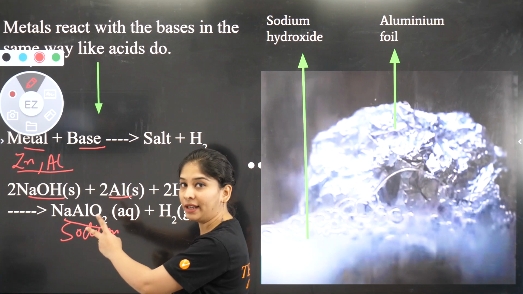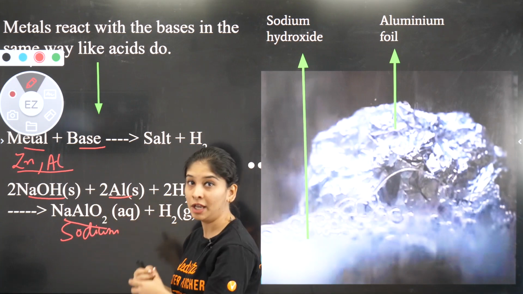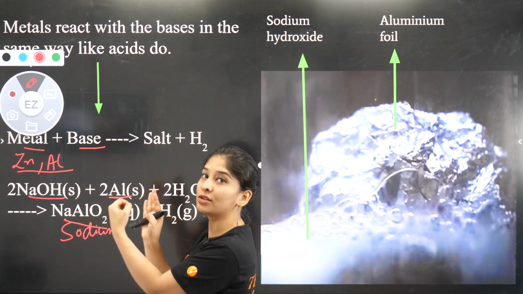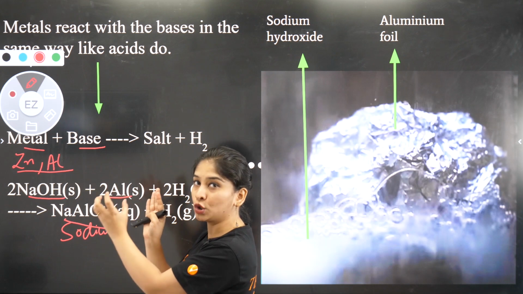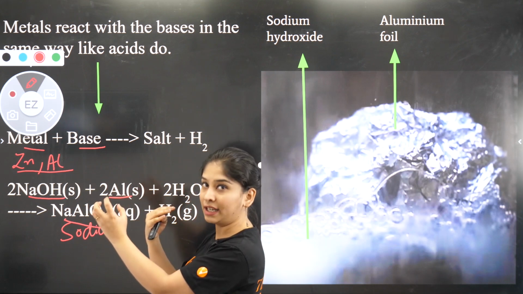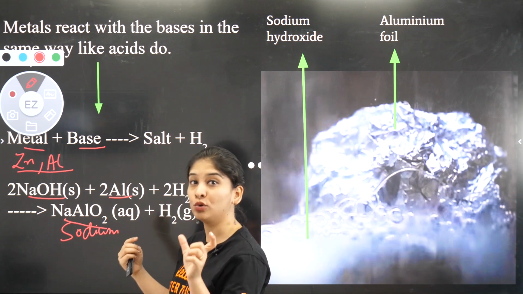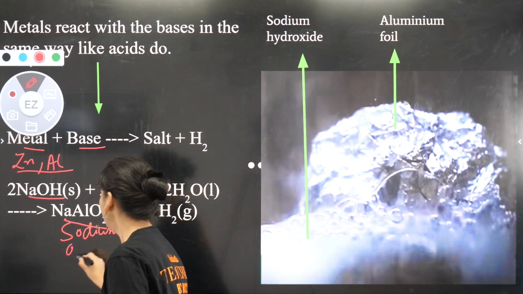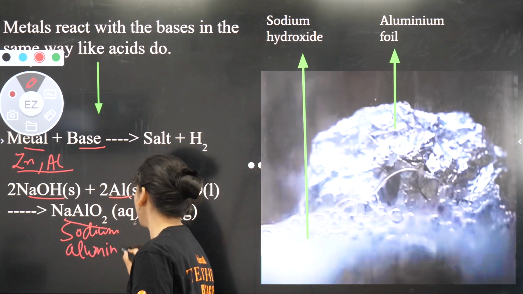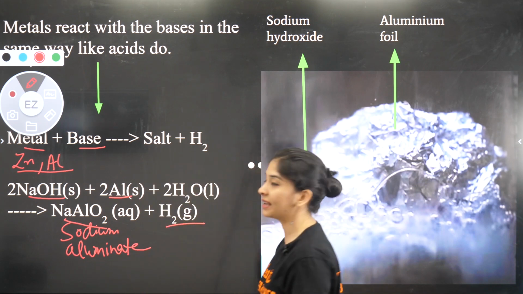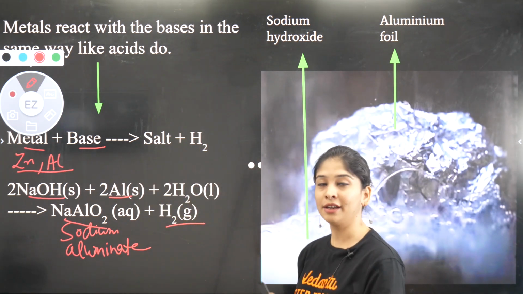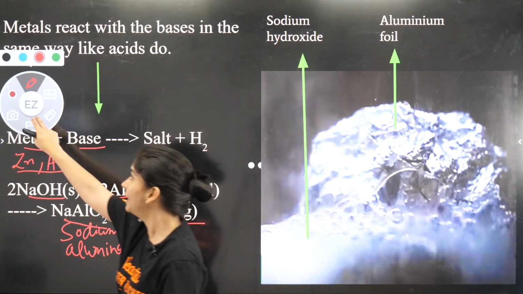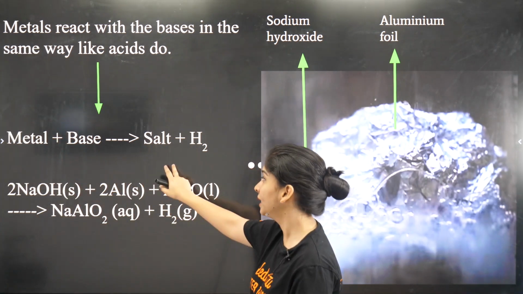So if there are two metals, we always start with the metal that is highly reactive, because that has a tendency to donate electrons. We'll always start with that species which is more electropositive, which can donate electrons, which can show positive character. After that, the negative part. Okay, the 9th class rule: when you write a chemical compound, how can you write it, positive first, negative later. So this is sodium aluminate. Okay, and in the same way hydrogen gas is going to be released. Fine, we have done the reaction of acids as well as bases with metal, and we got to know some more and more things about that.